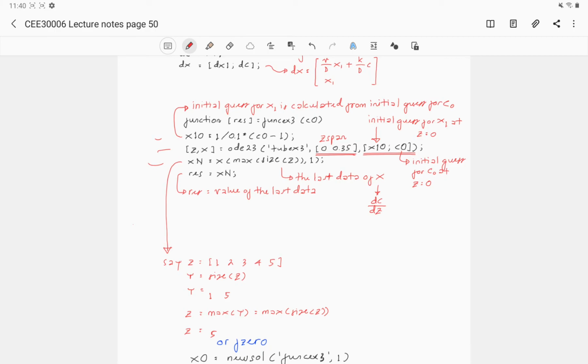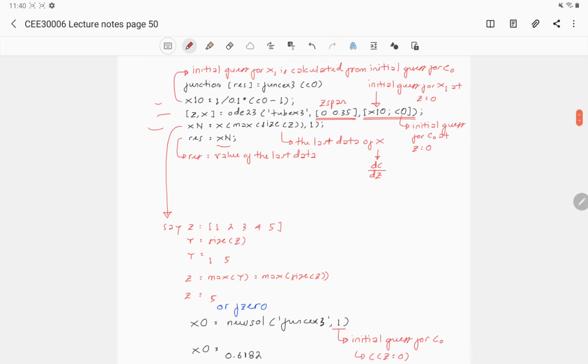And then this will be defined as the residual. As the initial guess we use the C0 here. So the residual will calculate the value of the last data for the derivative of the concentration. In essence, we basically calculate the value of the concentration at the inlet that gives a derivative of the concentration at the outlet which is 0.